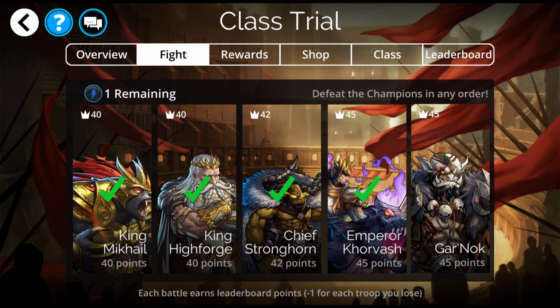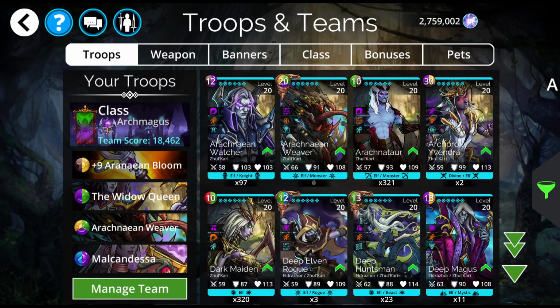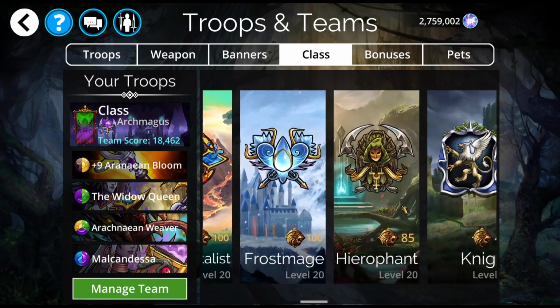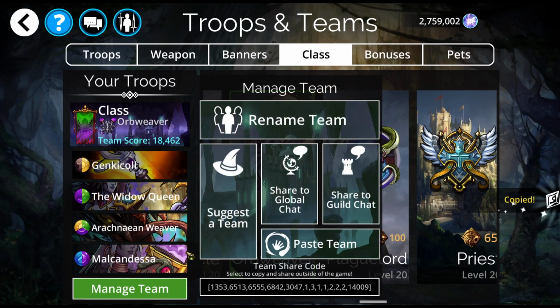It's okay. You get to see that one more time because I'm going to use the Aranaean Bloom again with the Widow Queen. Only this time I'm going to put in the Arachnaean Weaver. I love the Arachnaean Weaver. Oops, I have this set as Archmagus, and you can switch that. Sorry. Switch that to Archmagus is what I was using. Let me just switch that to Orbweaver for you. You don't have to use Orbweaver, but it's really good with the Aranaean Bloom to have that. You don't have to. I was doing just fine without it, but